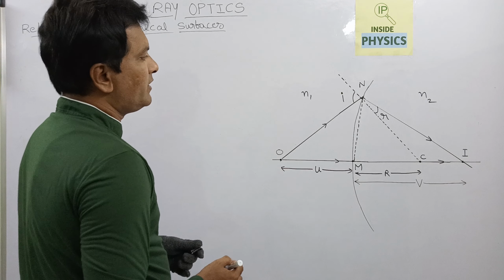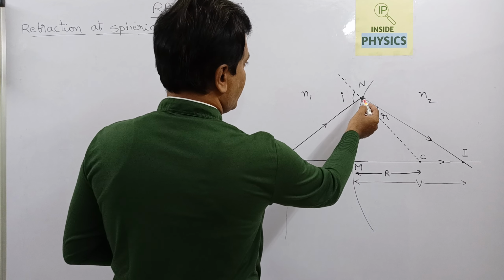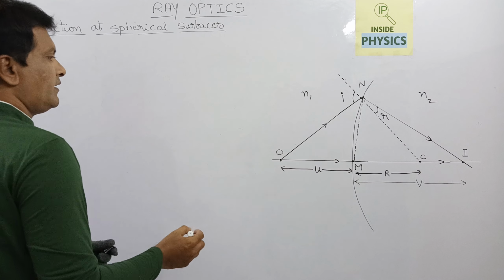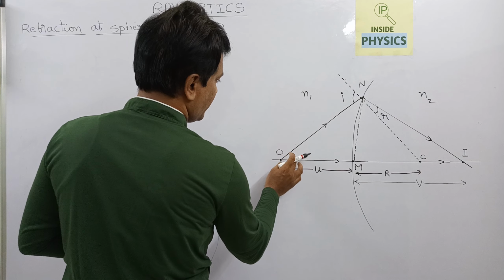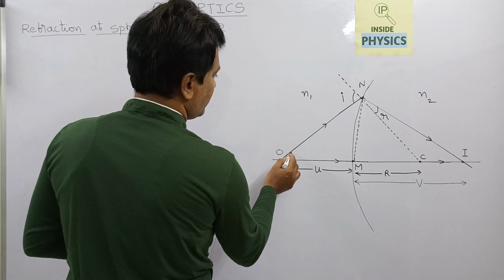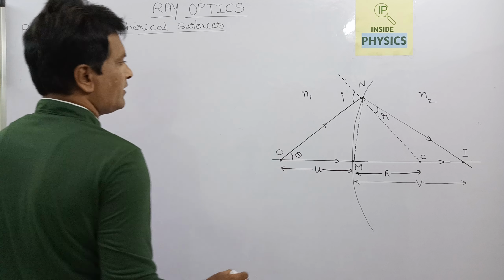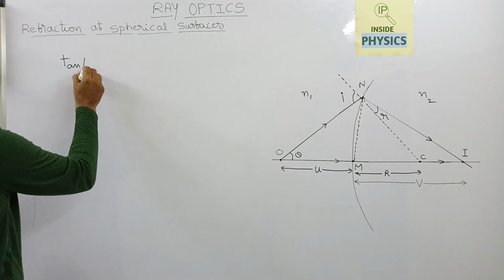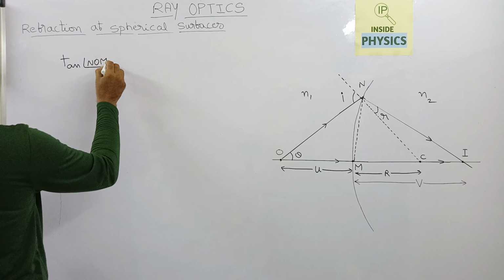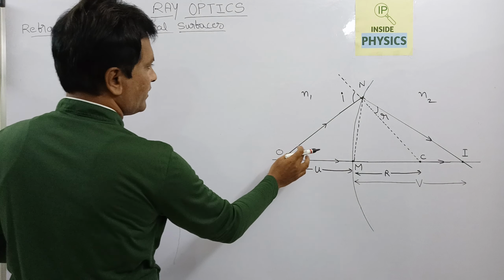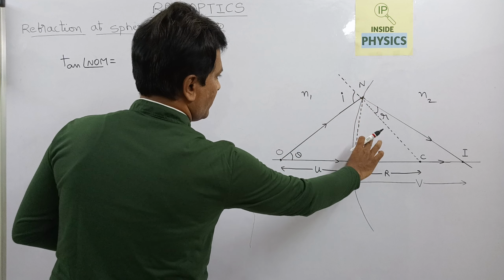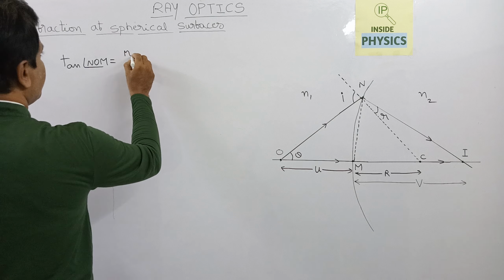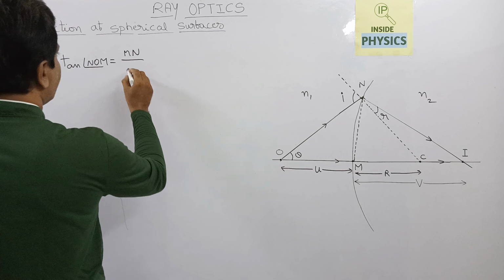Here, by symmetry, if you observe triangle NOM, we can write, if you consider this angle as theta, tan NOM is equal to opposite side by adjacent side,